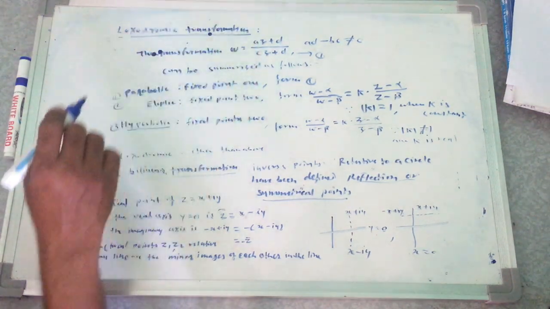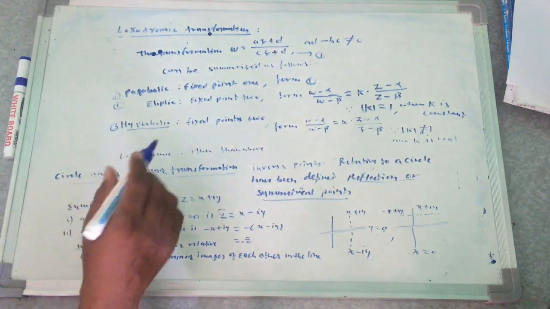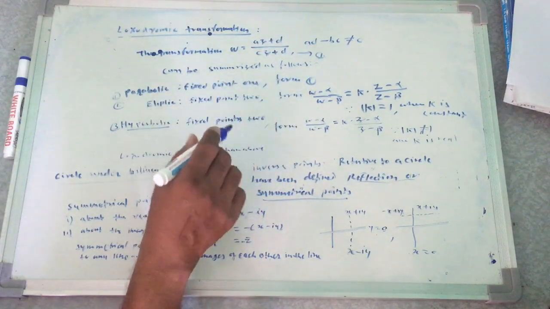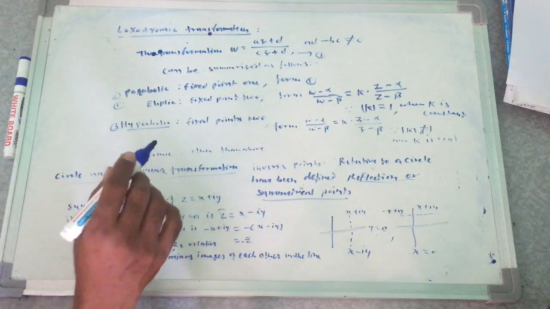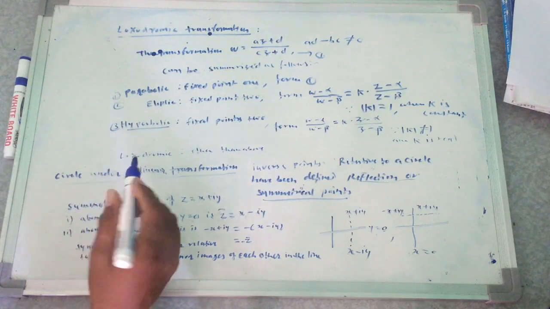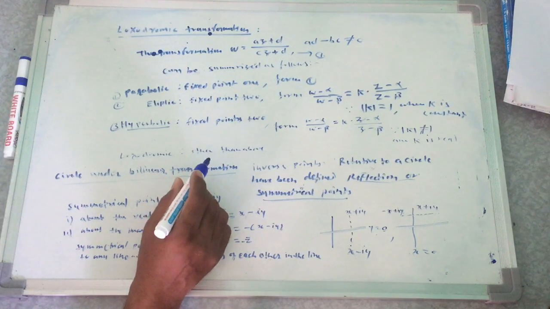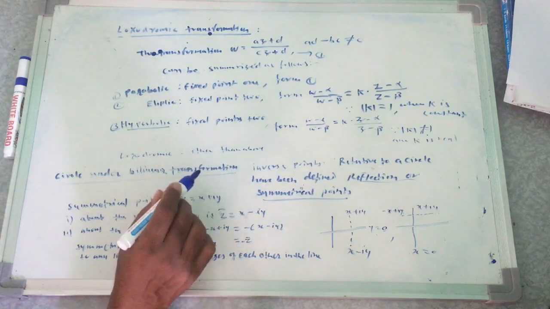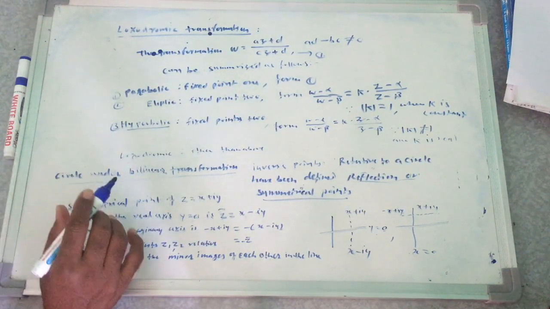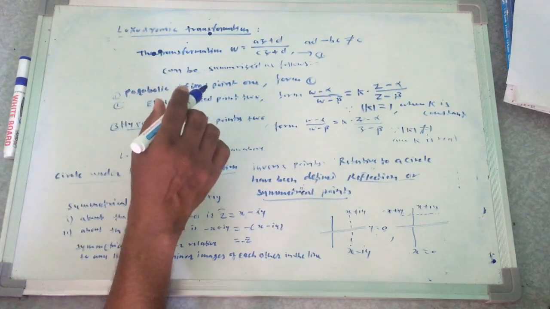Loxodromic transformation. Loxodromic transformation means what? Yes, a bilinear transformation which is not parabolic or elliptical or hyperbolic is called the loxodromic transformation. It means a loxodromic transformation can be expressed as the result of an elliptical and hyperbolic transformation. So a given bilinear transformation which is not parabolic or elliptical or hyperbolic is called